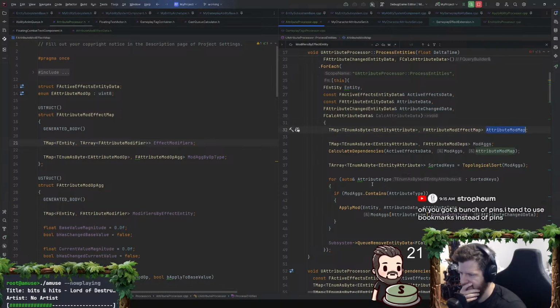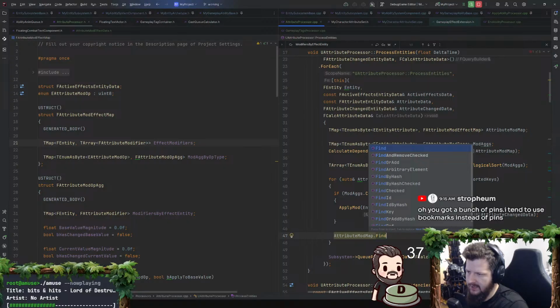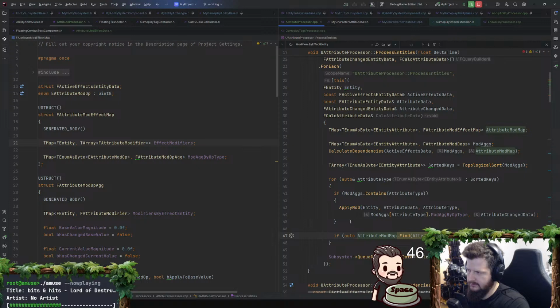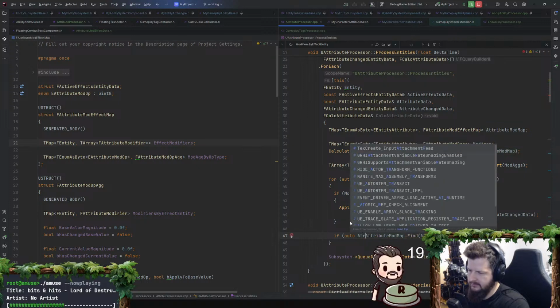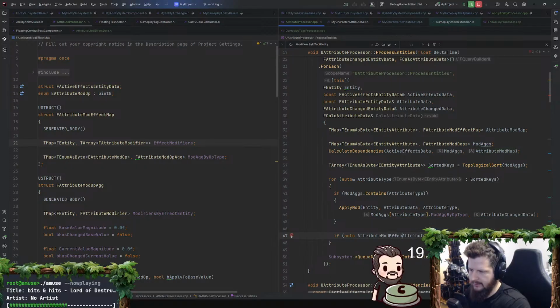And then I think we iterate over that in here. So we would probably do something like attribute mod map dot find attribute type auto. This is attribute mod effect map.